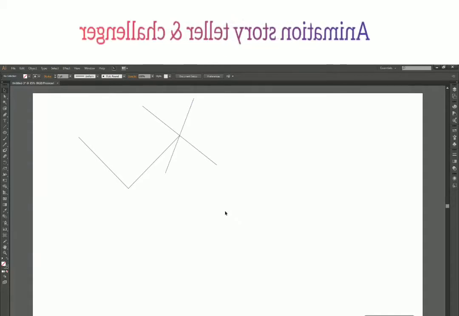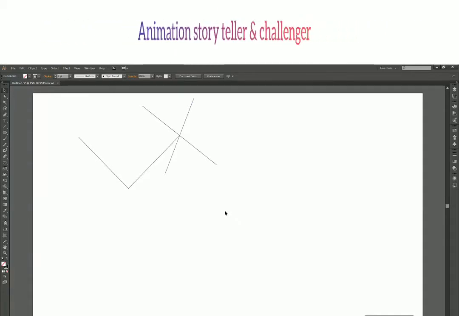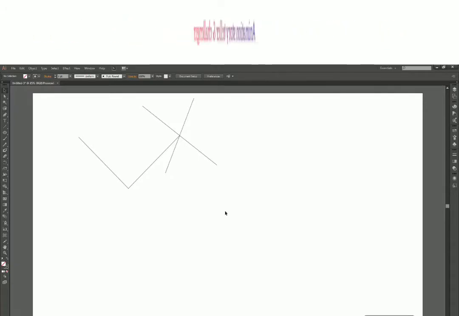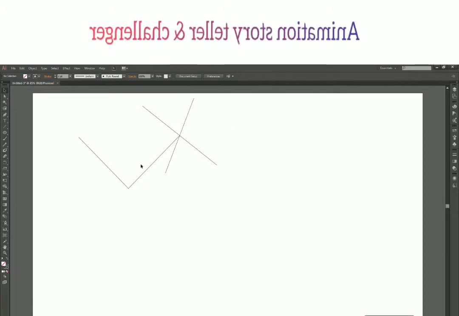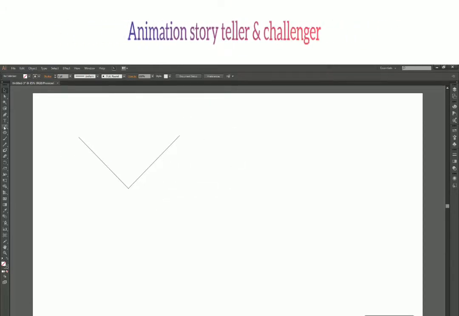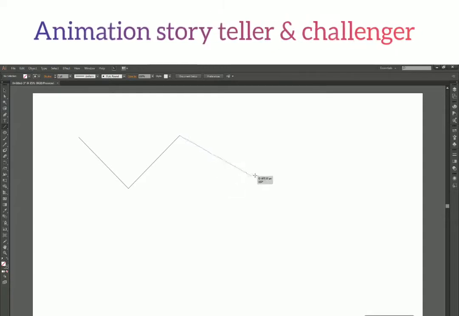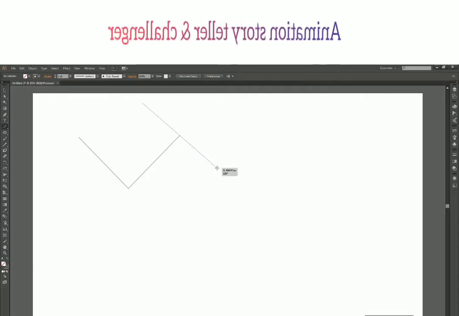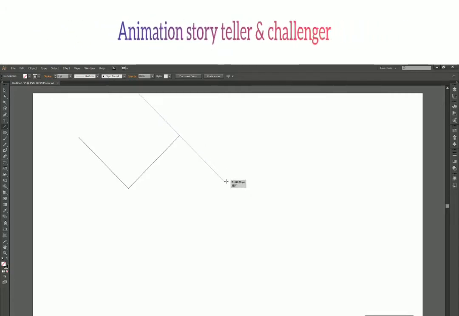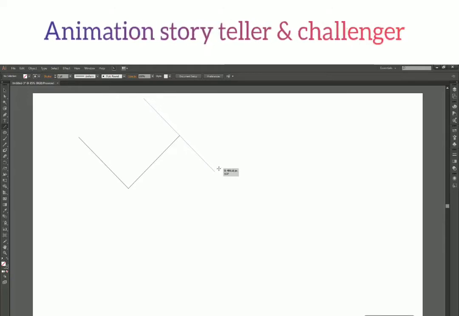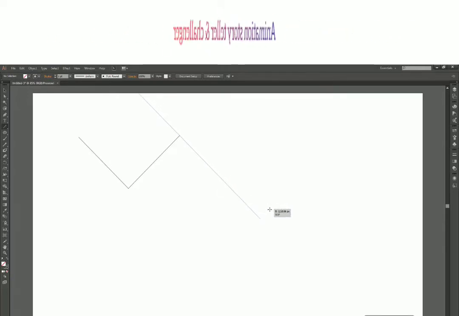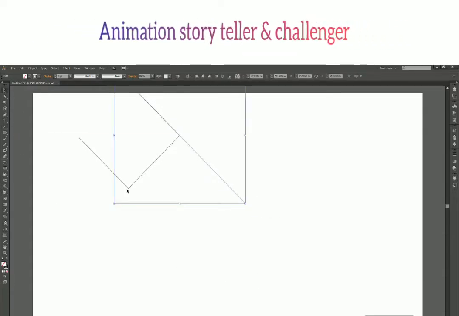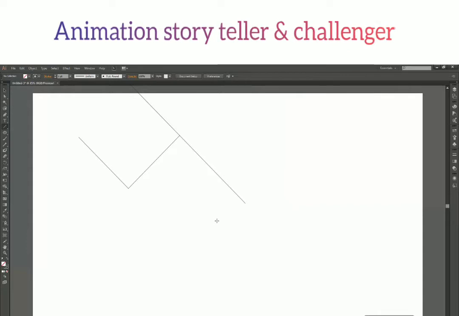Now these are the two option keys we get with the line segment tool, the shift key and the Alt key. You can use one of them at a time or you can use both of them together. So let's see how we can use both of them together. This time I am creating a line. I press the Alt key to shift the center of this line, and at the same time I am pressing the shift key to get a perfectly inclined line. Let's say this is the line which I want, and okay. So there we go. We have our line ready.